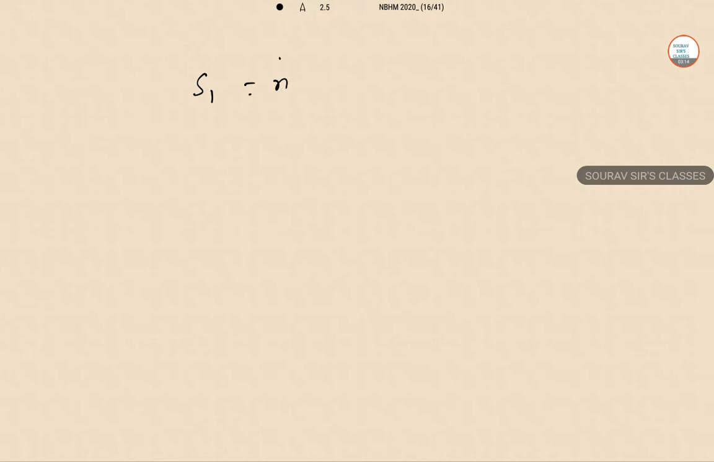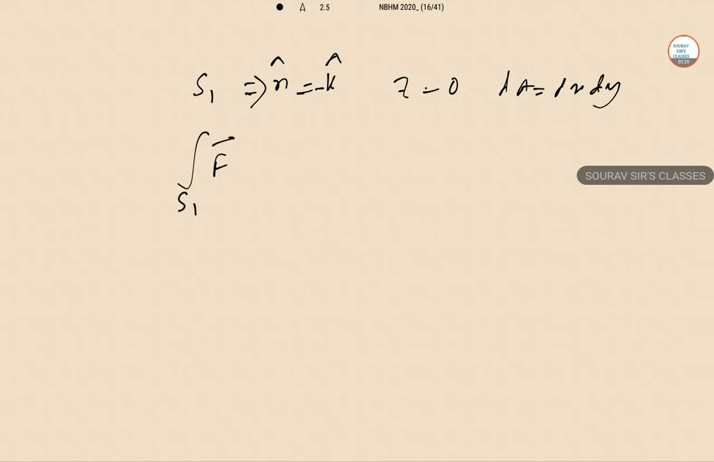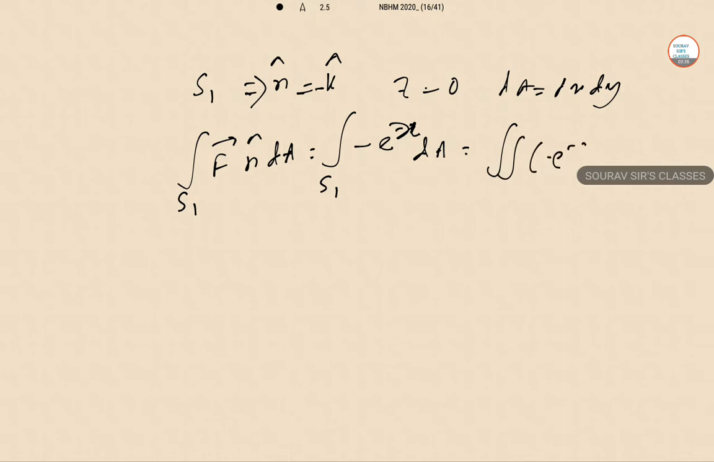On S1, n is minus k hat, z equal to 0, dA equal to dx dy. F on S1, this is F·n dA. So this will be the integral over S1 of minus e to the power x dA, double integration of minus e to the power x dx dy. This is the part given. On S2,